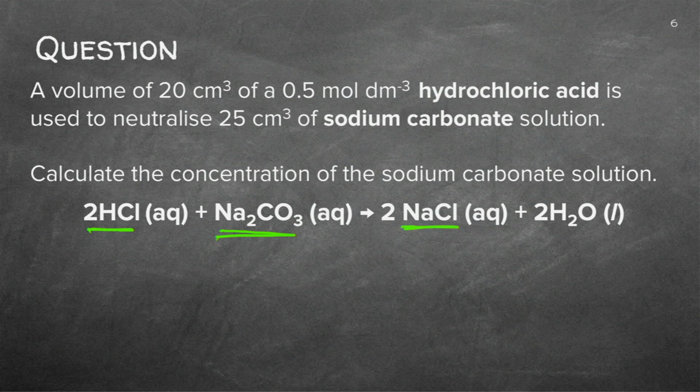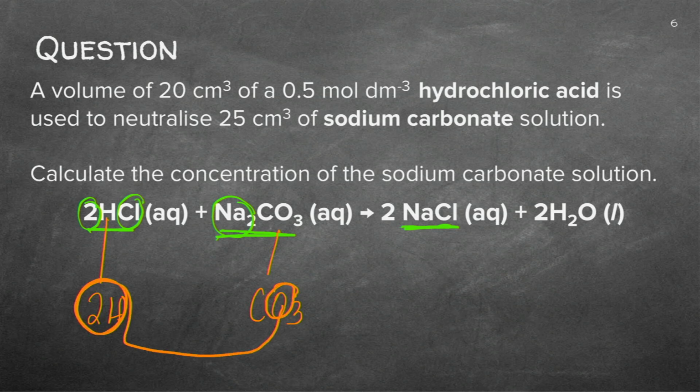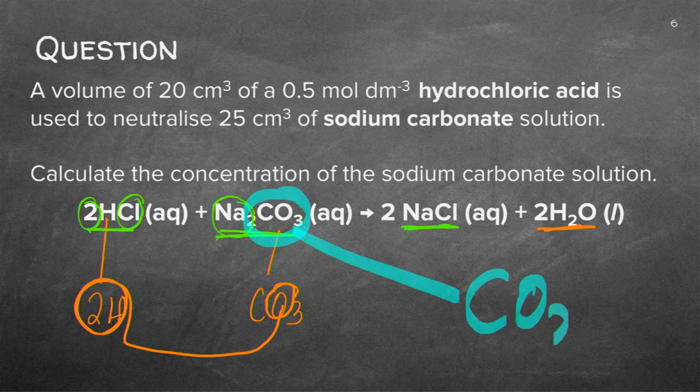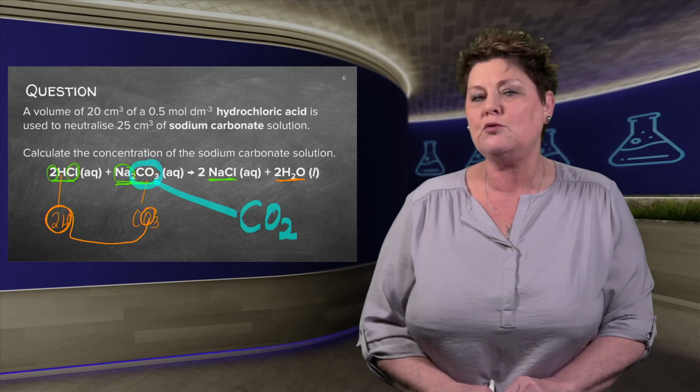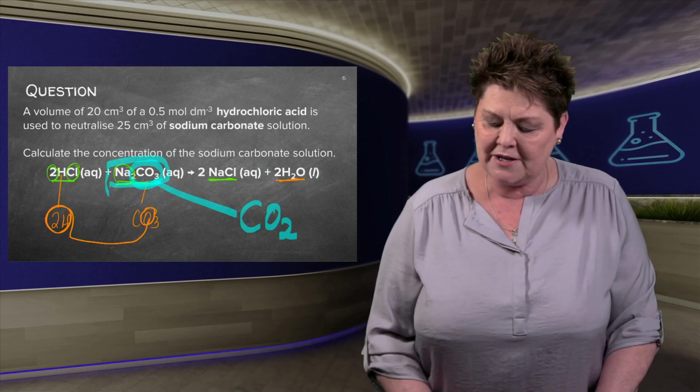So 2 salts will form. Can you see I've got 2 sodiums there? Therefore, I've got to add 2 chloride. Can you see there? And if you have a look at this, there will be 2 hydrogens left and CO3. And can you see the 1 oxygen will bind to that to form water, and the remaining, I specifically left it out so that you can see, you have to remember that there's also a carbon dioxide forming. And that's one of the reactions we did. We took sodium carbonate and that's what we did.